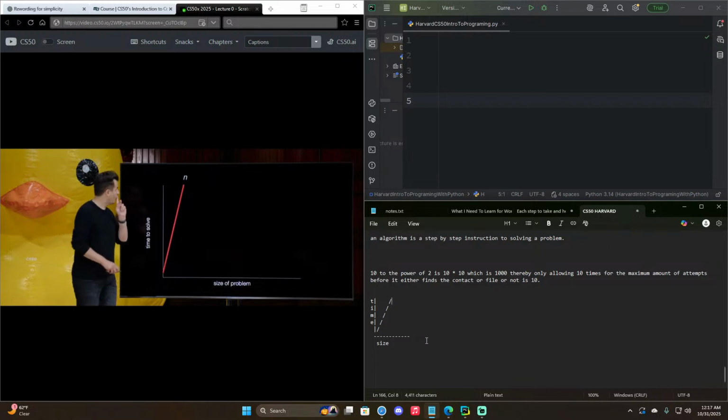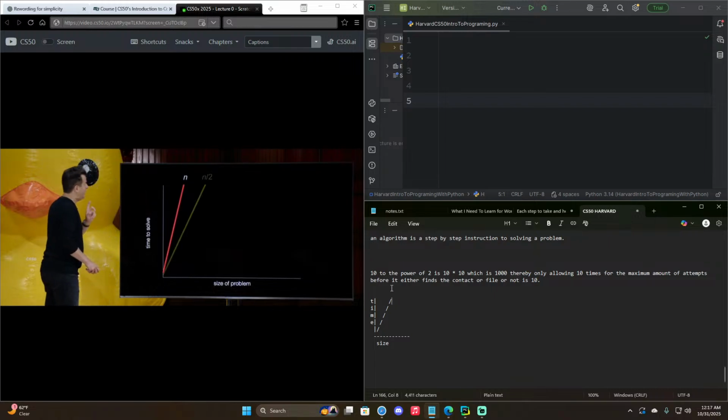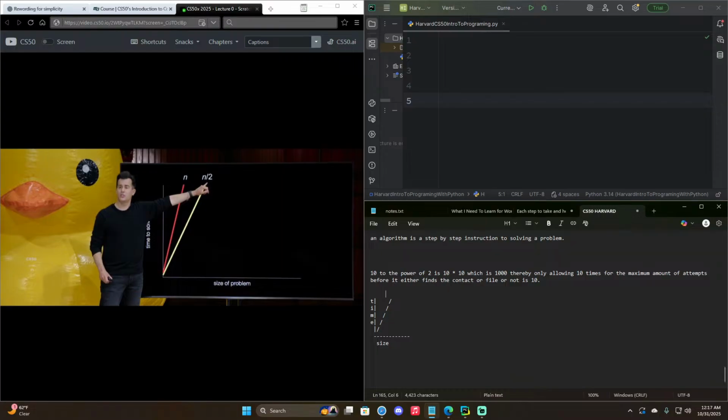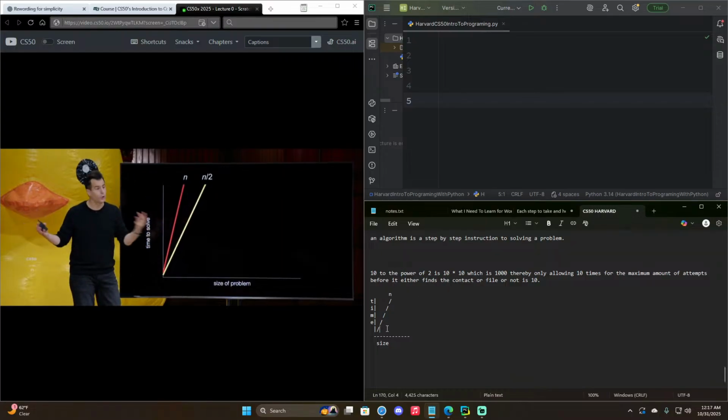But the second algorithm is definitely better. It's definitely faster, but it's still a straight line. So it's going to take roughly n/2 steps, because you're going 2 pages at a time, instead of the whole phone book in the worst case